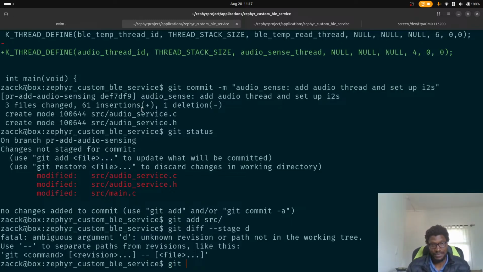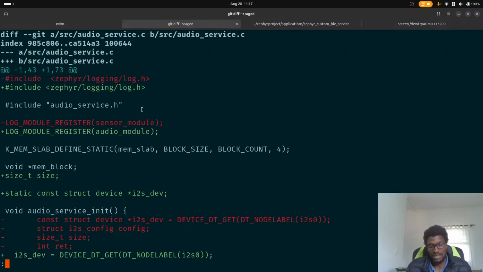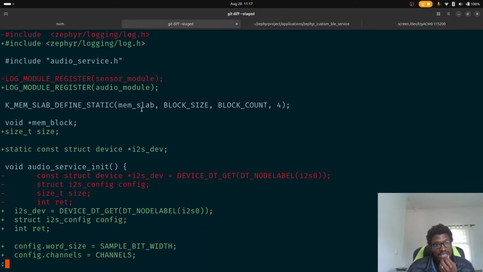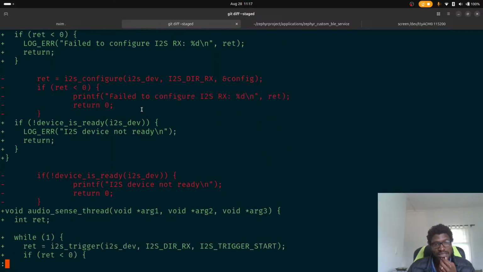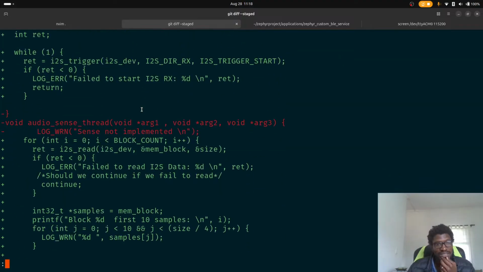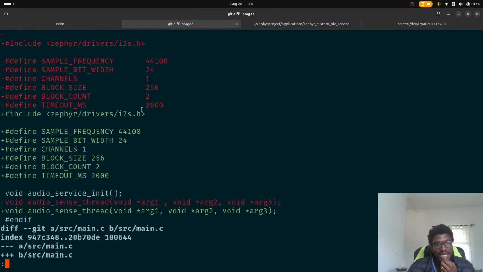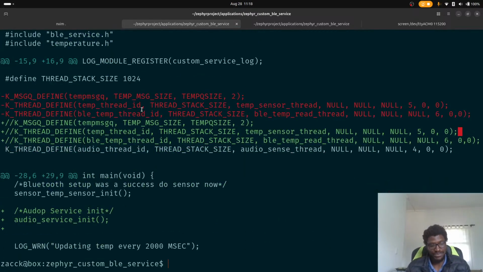git diff --staged. So this is what we did: formatting. We did formatting and we started actually periodically recording audio. Git commit -m audio